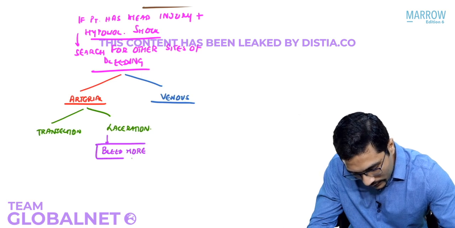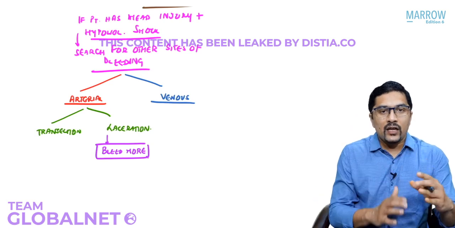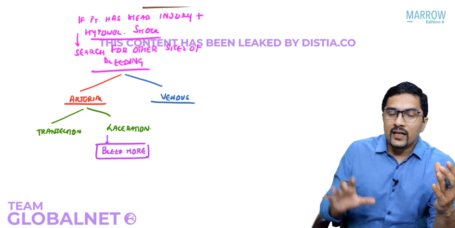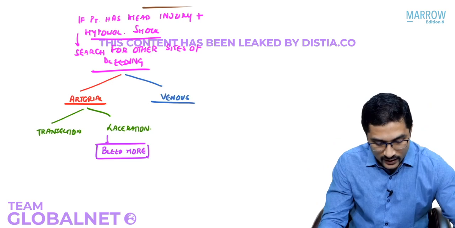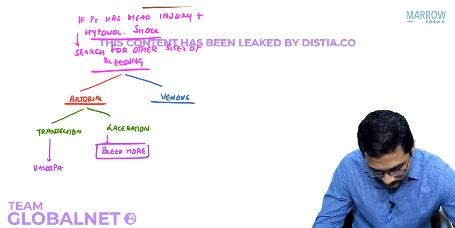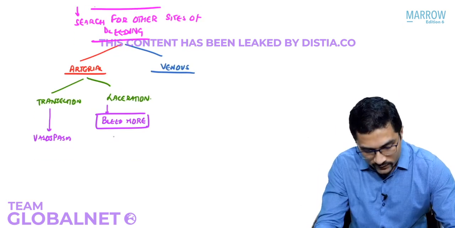They bleed more as compared to transection. Why? Because when it is transected, you must have studied in pathology that whenever there is a vessel injury, the first response is vasospasm. There is spasm of the artery, right? So in transection, the vasospasm will reduce the bleeding. Whereas when there is a laceration, because of the spasm,